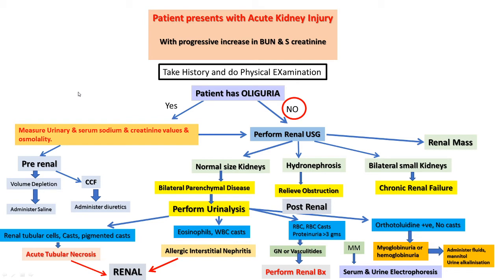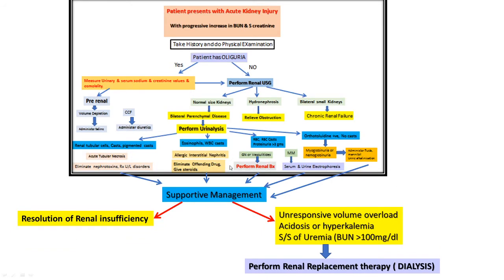So this is another format, the clinical approach encapsulated in one diagram, where you can see the pre-renal causes, presence of oliguria. If the patient doesn't have oliguria, you do USG, perform urine analysis and get the following results, and accordingly you diagnose the patient and treat accordingly. So whatever you get,